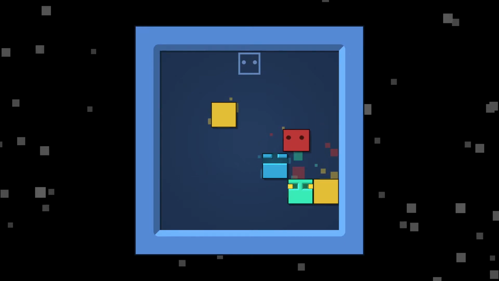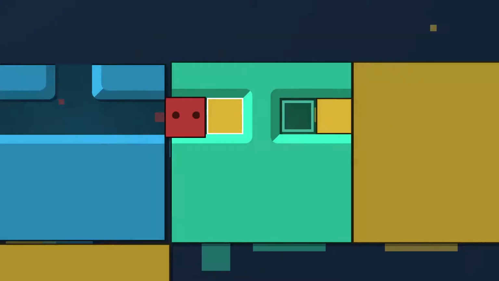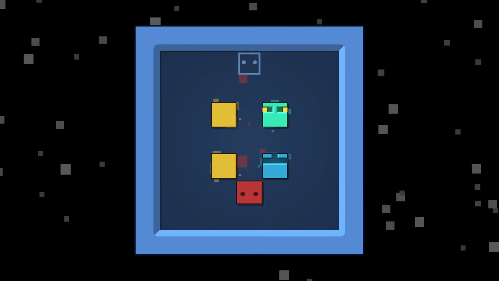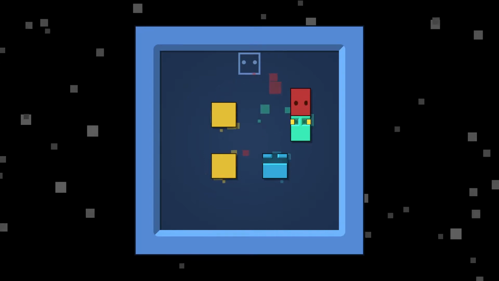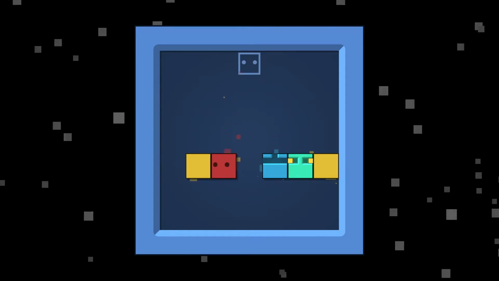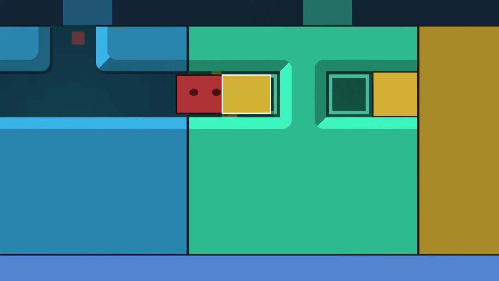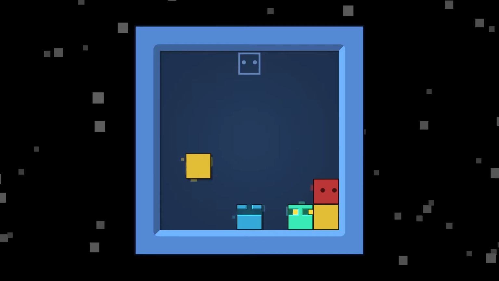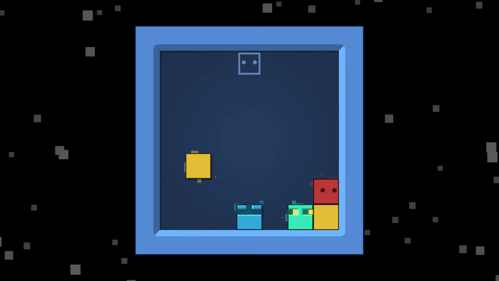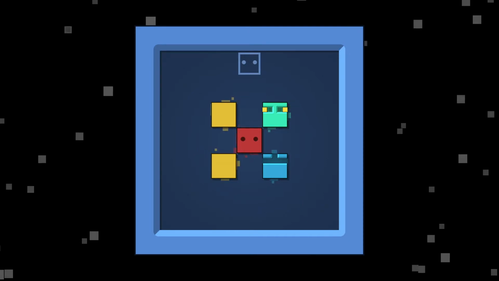I need the 2 blocks like this or something, right? No. But close. So then I can just push all of this up against the bottom of the level, right? No. Because I need to get the green thing to move after I've done this. But I can't. Because don't I need the...